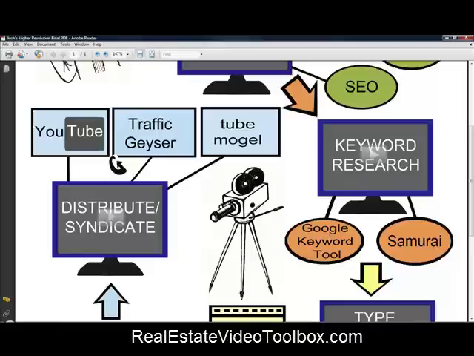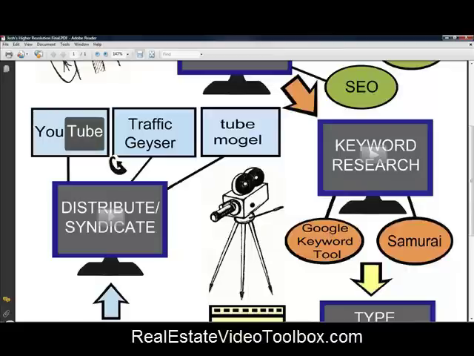The first one you'll see here is the Google Keyword Tool. Many of you may have heard me talk about this tool before. In fact, in a day or two, we're going to release a video training where I'll show you how to use this tool. But real simple, all you have to do is do a Google search for Google Keyword Tool. It'll be the top result that shows up. Click on it, and then you can pop in keywords to see how much traffic a keyword that you're trying to use as part of your video marketing efforts